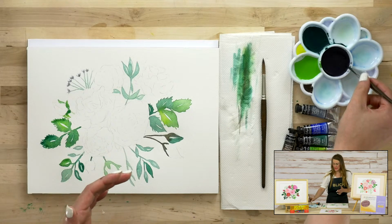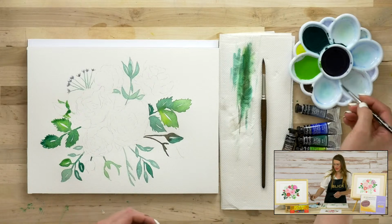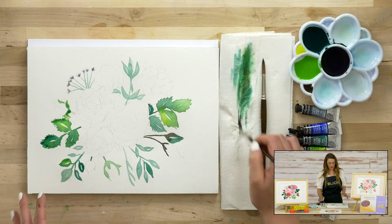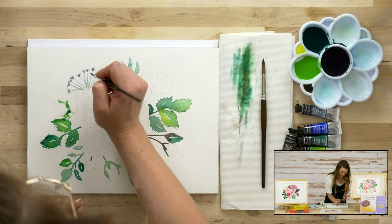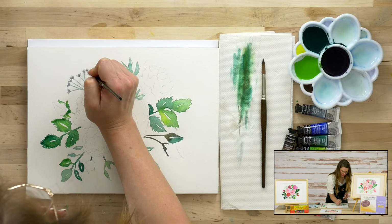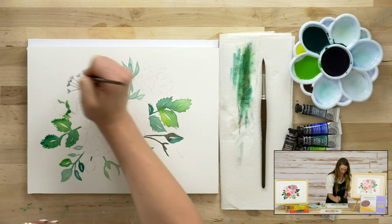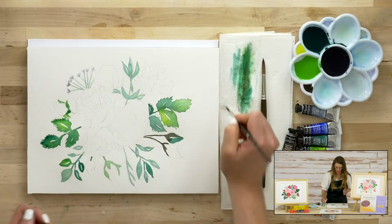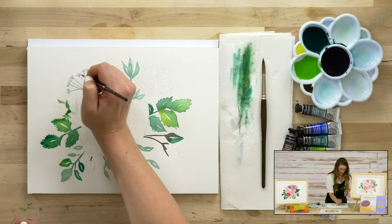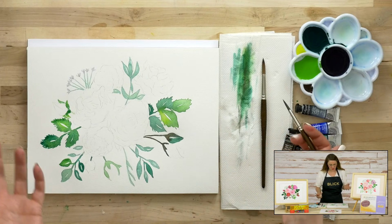If you have black, you could probably really dilute that black and get just a little bit of shadow. And as that dries, you're going to see it's going to be nice and light. And I can lift, look at this, I can just suck that excess wash right up, and I can adjust the value based on how much lifting I want to do. All right, that's perfect. Now let's move on to those